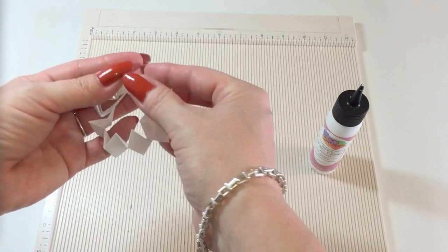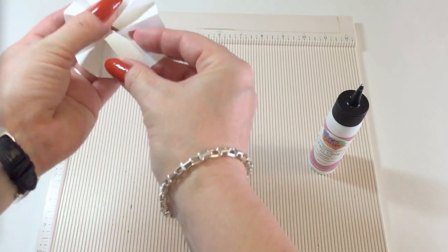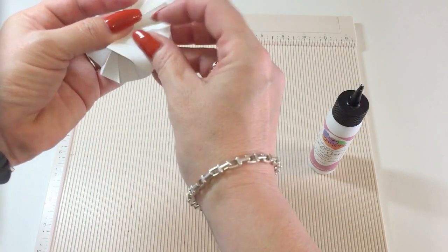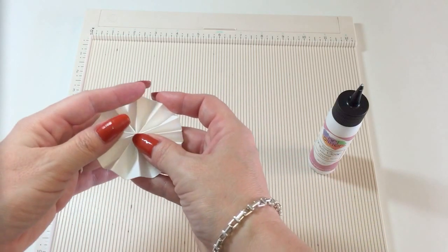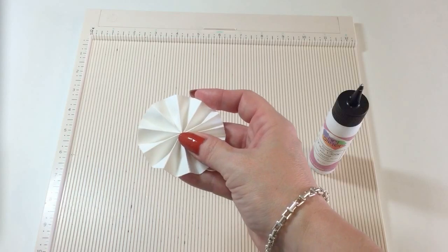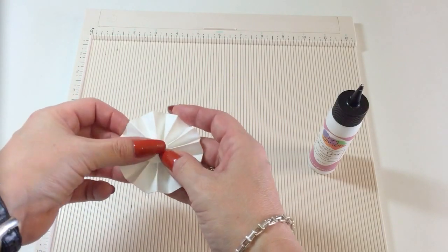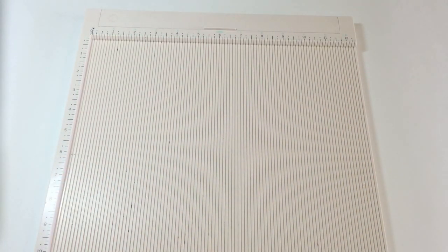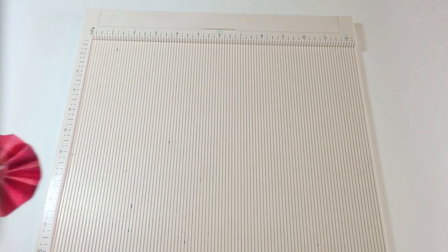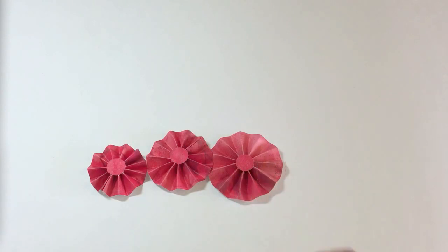you're going to go ahead and squish it all in to make your rosette, like that. I used, for my center to keep it together, a 3/4 inch punch, and I just glued it on the front here and then also on the back. Okay. Once you're done, you will have 3 rosettes, and